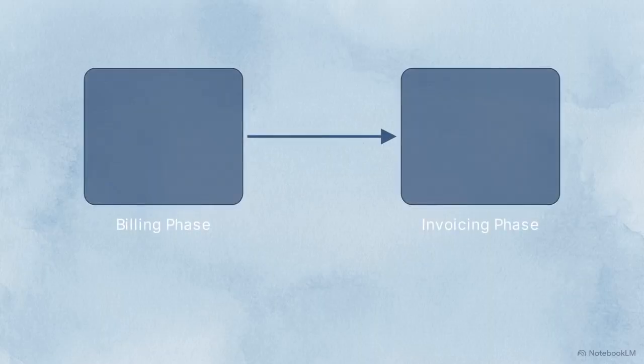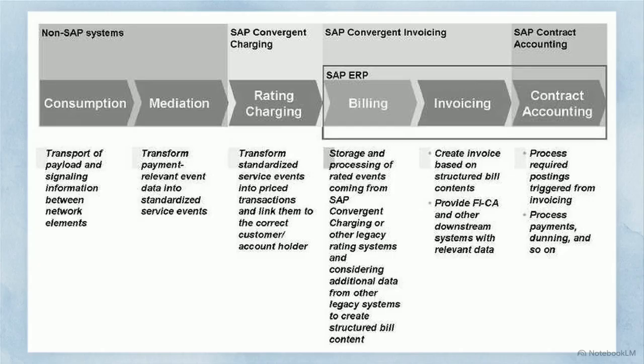SAP addresses this complexity by splitting the workflow into two distinct sequential phases. The billing phase is followed by an invoicing phase. These phases handle entirely different data objects and rely on separate scheduling engines to prevent the general ledger from collapsing under high transaction volumes. This structural layout defines the complete consume-to-cash process flow, spanning from non-SAP external systems to contract